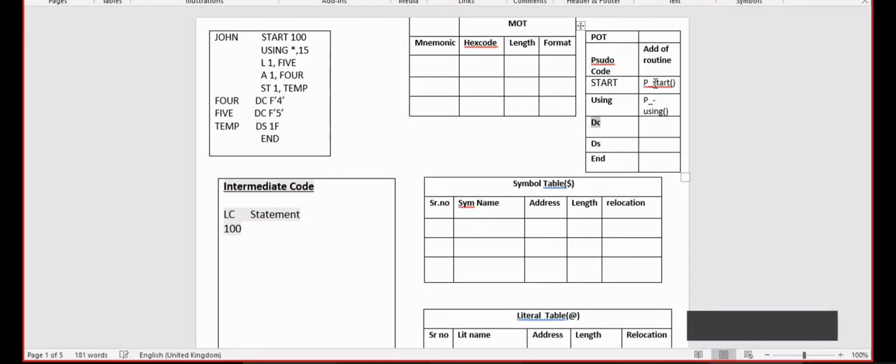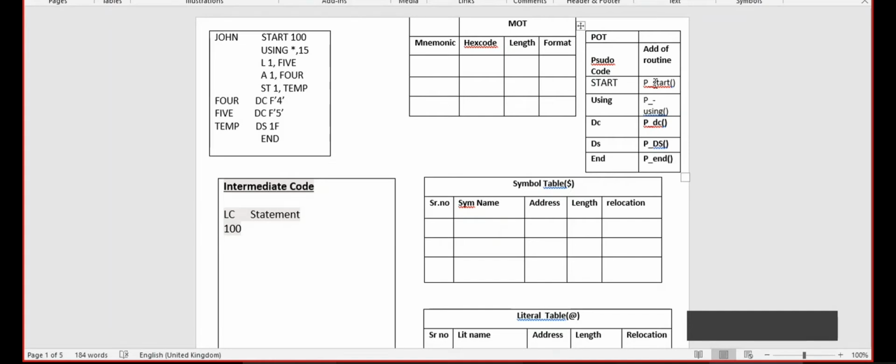You can give any function name to this pseudocode. This is our POT table.